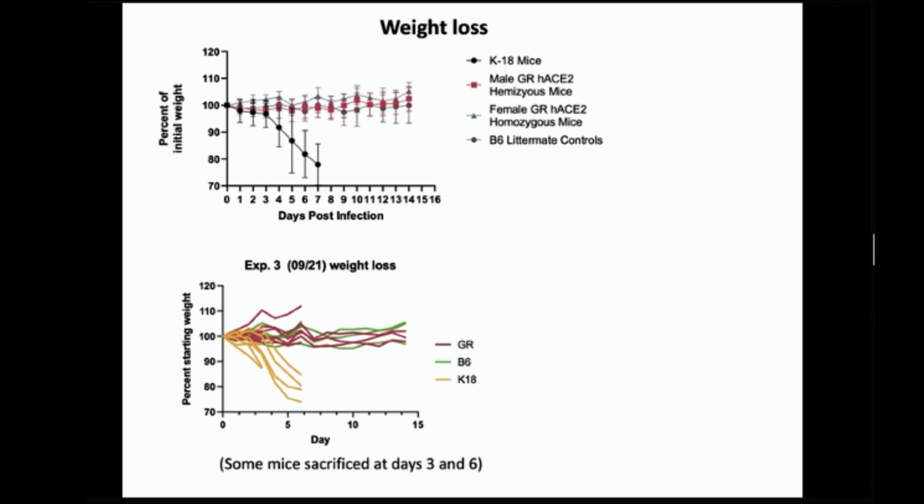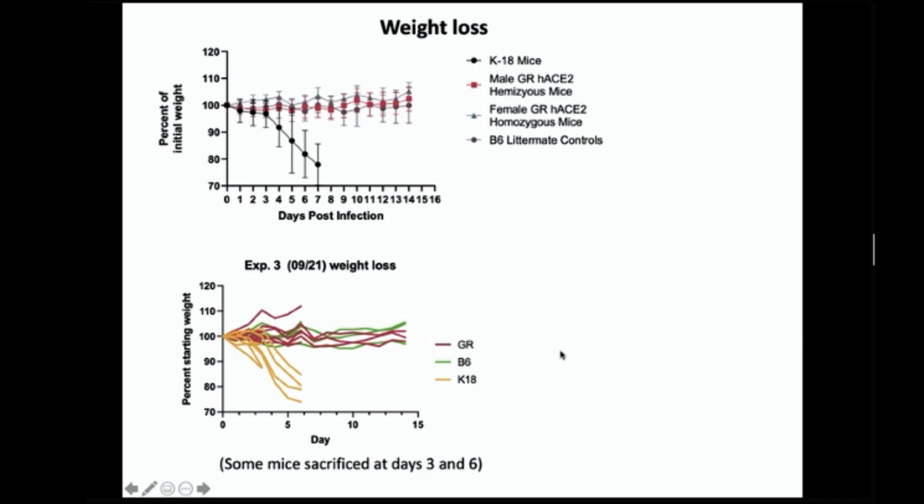Likewise, in a more recent experiment, I'm just summarizing the genotypes here and showing individual lines. Again, the K18 mice lose weight. Some of these mice were taken at day 3 or 6, and so that's where the curves stop. The B6 control mice don't lose weight. Gene replacement mice don't lose weight. One of them gained weight, which seems unlikely to be typical, but they're not losing weight like the